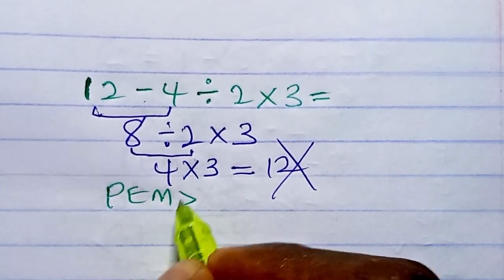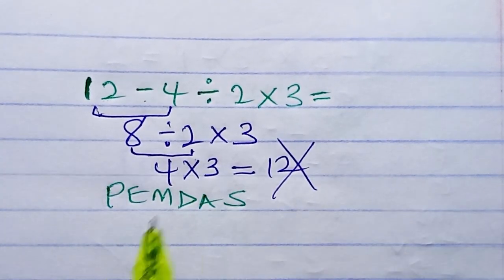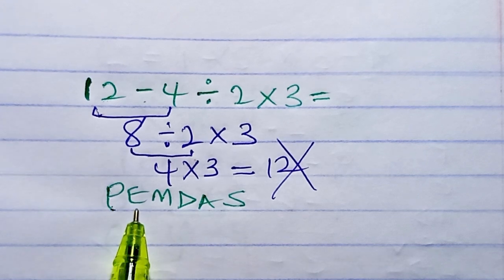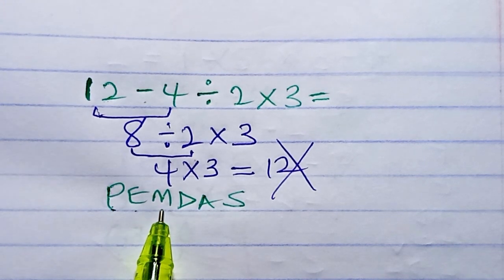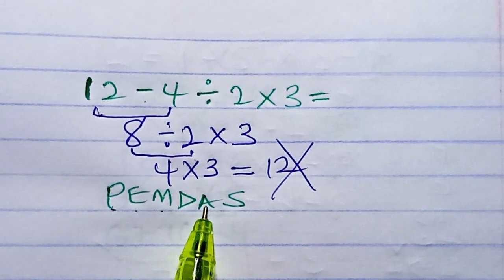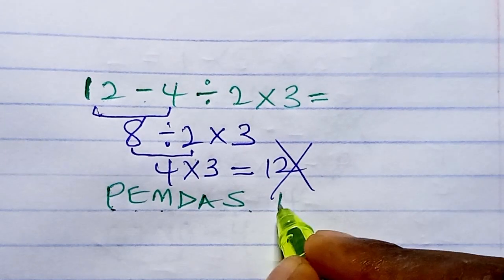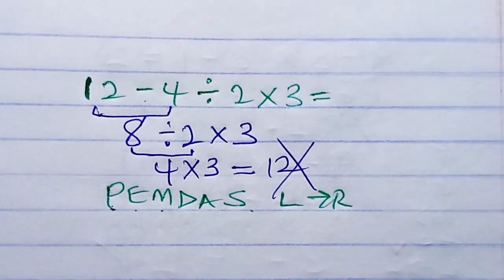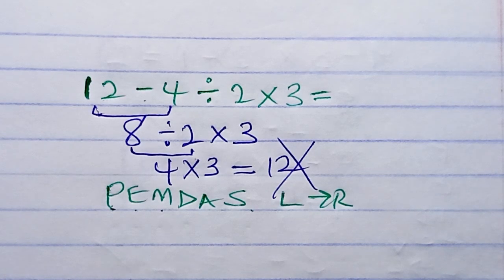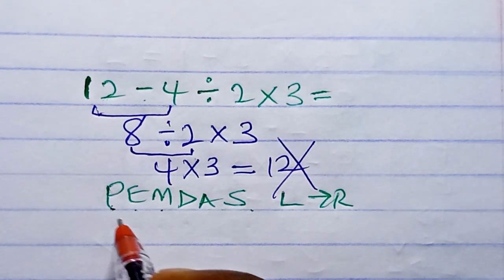PEMDAS, this P stands for parentheses, E stands for exponent, M is multiplication, division, addition, and subtraction. Alright? And we are solving with this rule from left to right. Okay? So if we solve this, you have